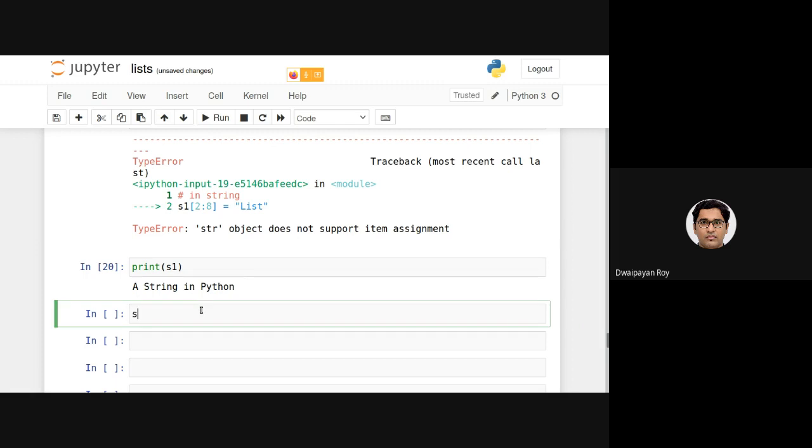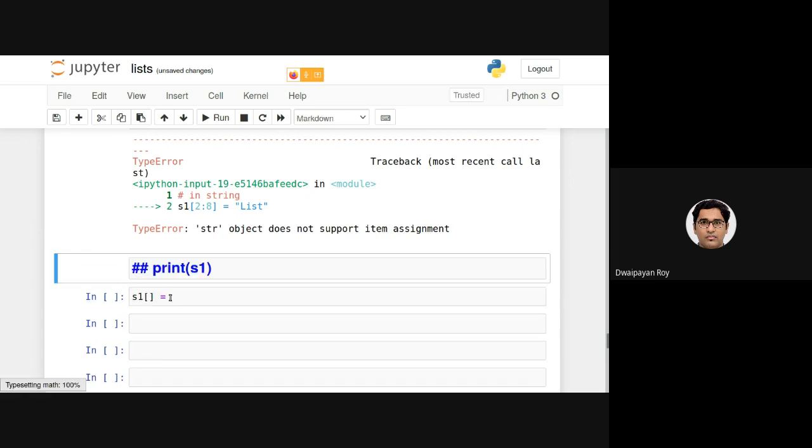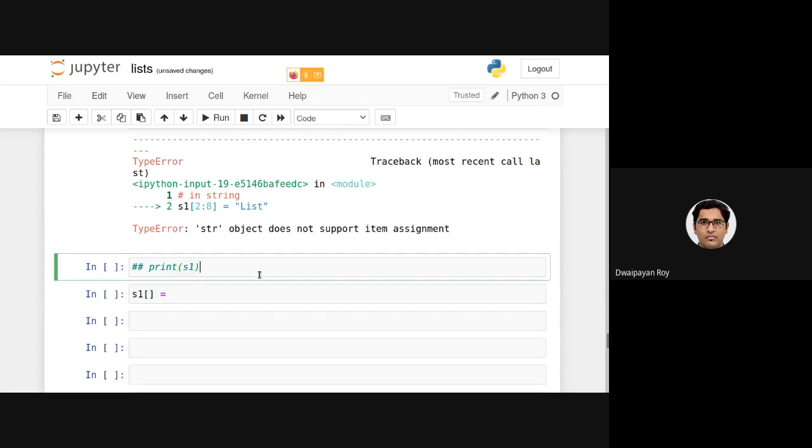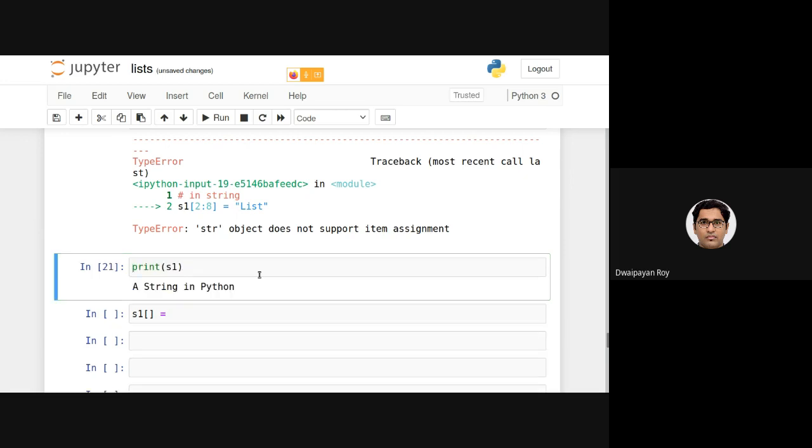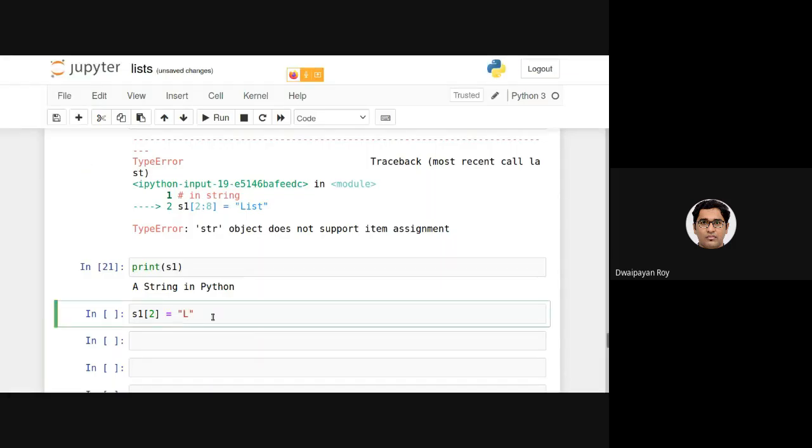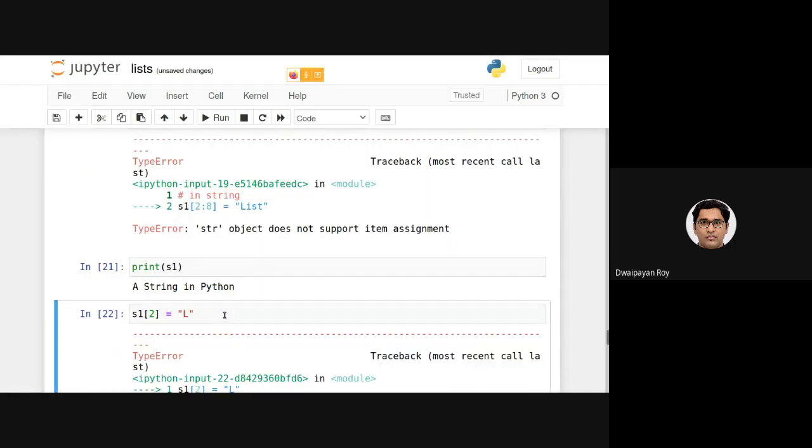If I want to change, say, this capital S to, say, capital L, although it's not actually making any sense, can we do something like this, where this S is in the 2nd location, right? If I try doing this, it will again be an error, which is a type error.